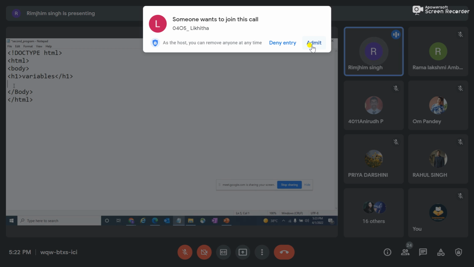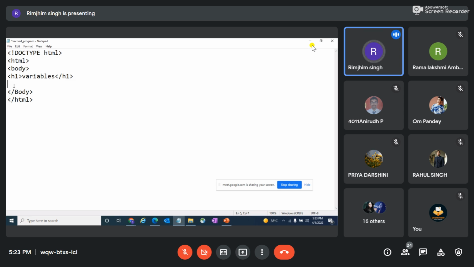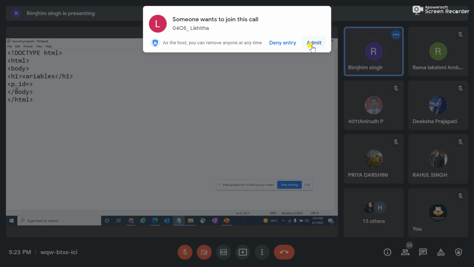Okay, so as I told you class, whenever I am writing a JavaScript program, I have to write it within the script tag. Okay, so variables example, and then I'll declare a unique id to my program using the p tag. So p id is equal to, again we can give any kind of unique id which we want, but I'll use demo.